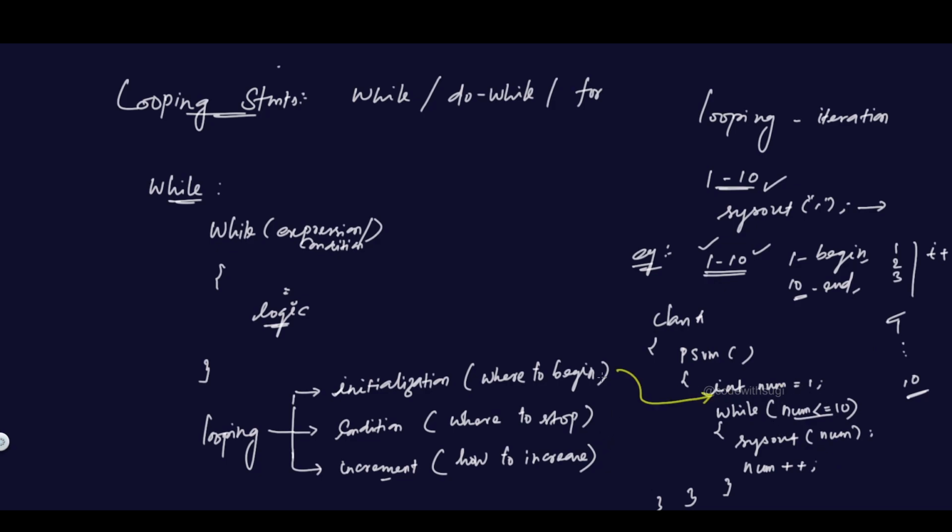So this is the part which will talk about initialization. This is the part which will talk about the condition. This is the part which will talk about increment. So we have defined all the three in the while loop. So the next looping condition is do while. So the syntax for do while will be,